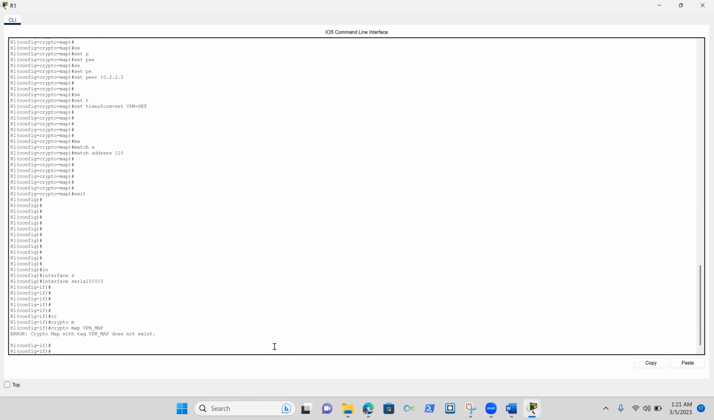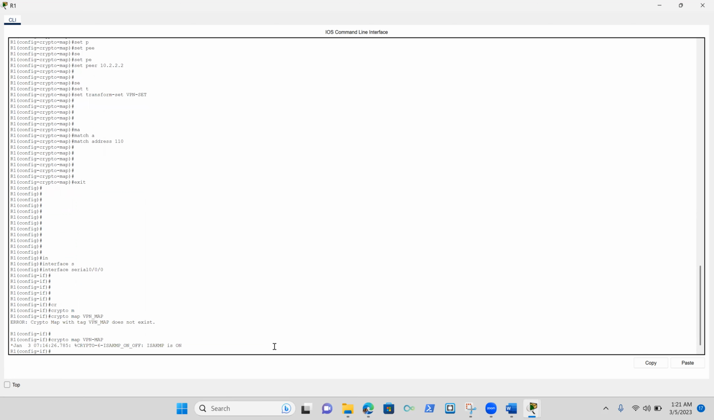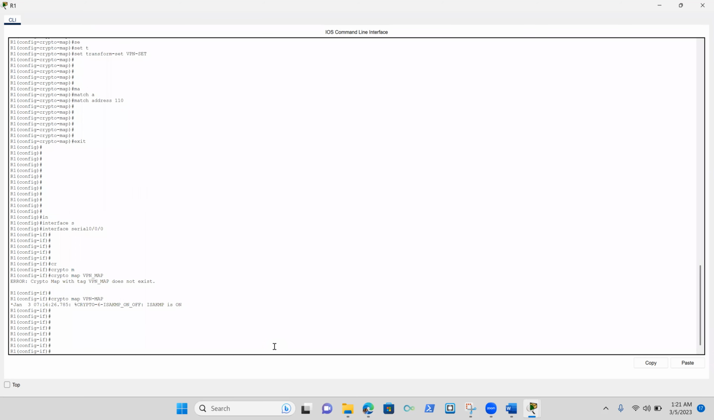Oh, I see. Yeah, there's an error here. It's not on this course, so thank you, Bengo. Okay. So as you can see here, there's a message that says the crypto is on. Now, in this step, we're going to configure the IPsec parameter on router 3. So on router 3,